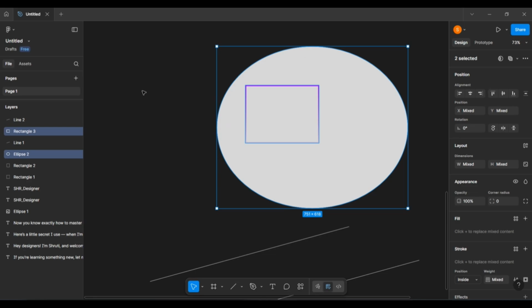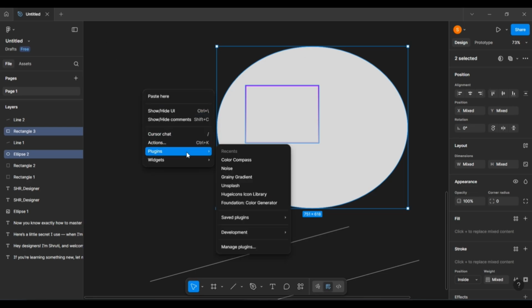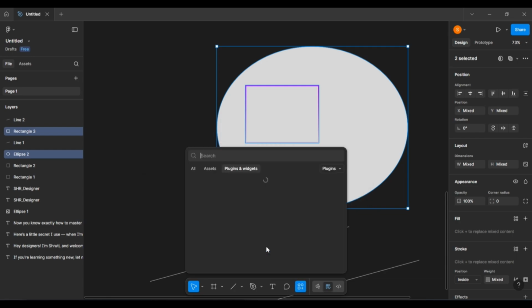Just right click on the Figma canvas, go to the plugin. Over here, I have generated the Color Compass, so it is present in the recents, but you will go to manage plugins, search for Color Compass, and press enter. You will notice it will be present over here.